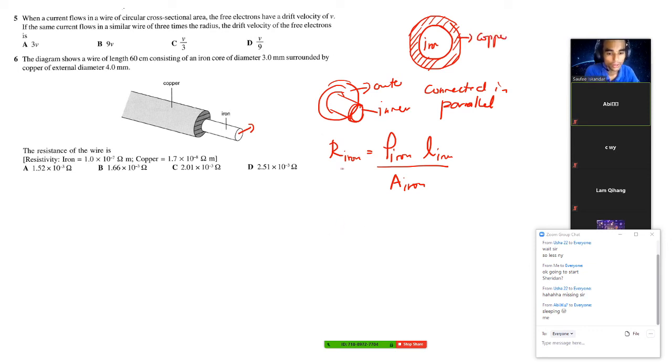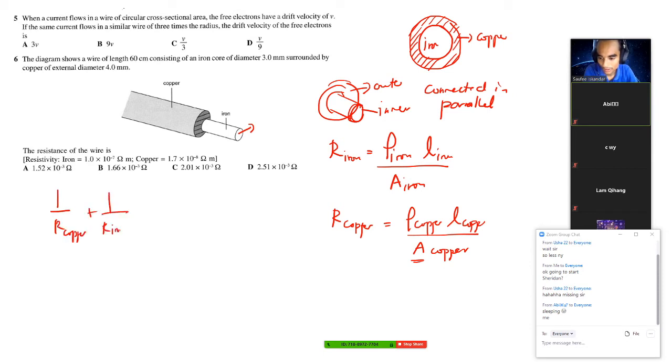So it goes back to the formula. R copper equals rho copper times L of the copper divided by A of the copper. This one will be tricky, A for the copper, because for copper you have to minus back the area taken by the iron. Then we continue with 1 over R copper plus 1 over R iron will be equal to